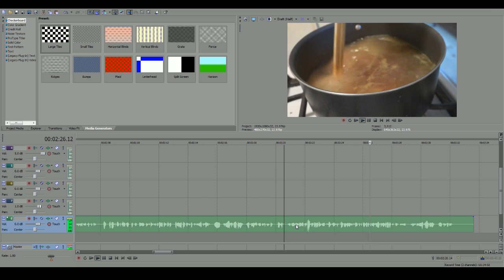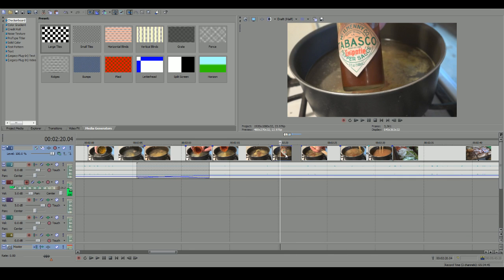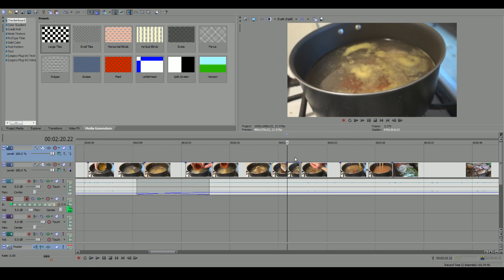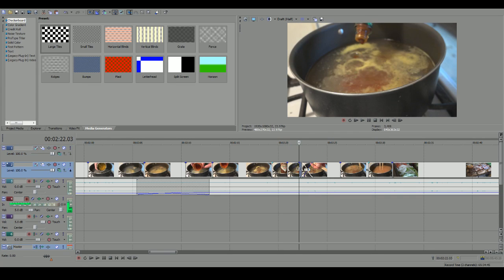I left out the Tabasco. What an asshole. Okay, so we're gonna go like this, and we're gonna punch this down here. Oh, we don't have it. Create a new layer so I can just elongate this real quick. There we go. I messed up and left that out, so I'm just really quickly punching it in there and kind of making up for it.